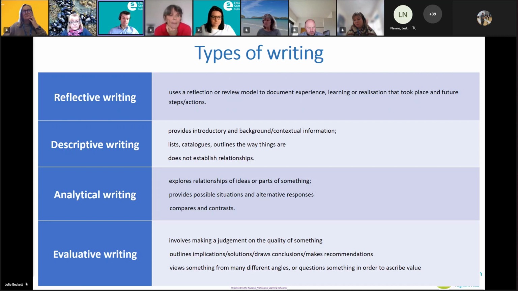Analytical writing is objective at its core: the facts, the key elements, and what you're trying to show. In some ways, if you've done reports or essay writing at uni, that kind of thing, that would be analytical, with that sort of compare-contrast element.